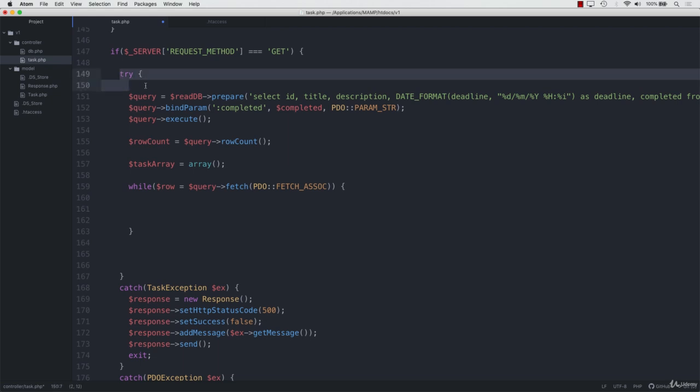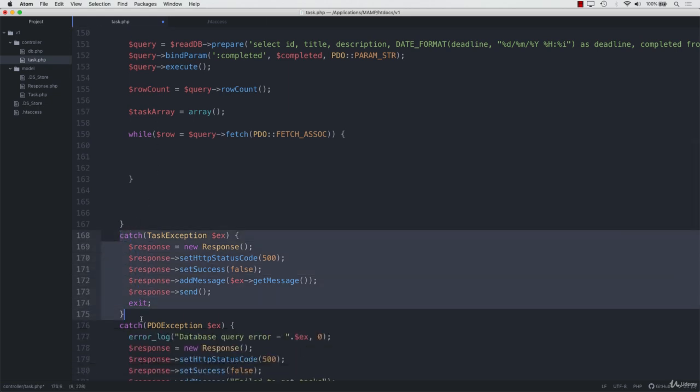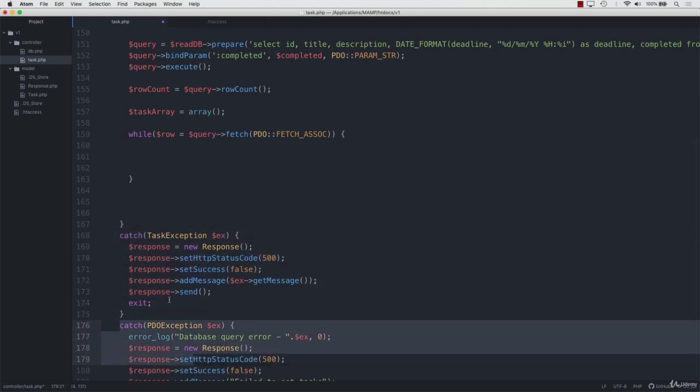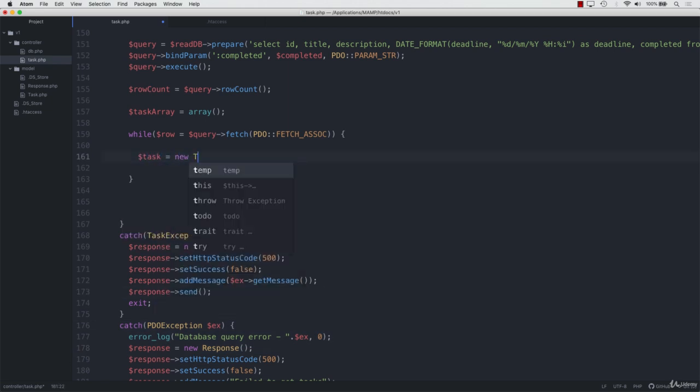Because we're only going to try, any potential issues will be caught here, as well as obviously PDO issues, so we should be able to just attempt to create the task. So task, new task, and then we'll pass in, the first one is row and then ID,